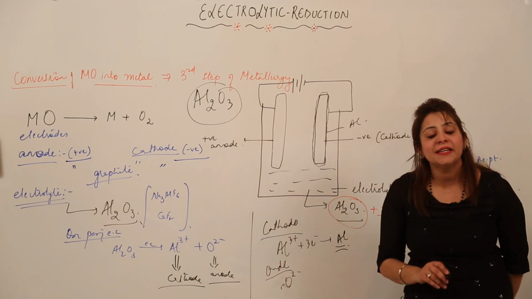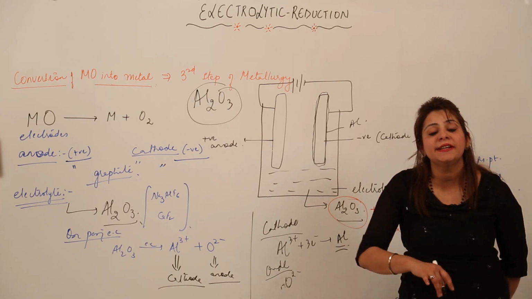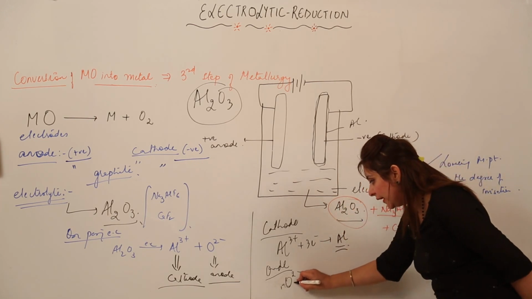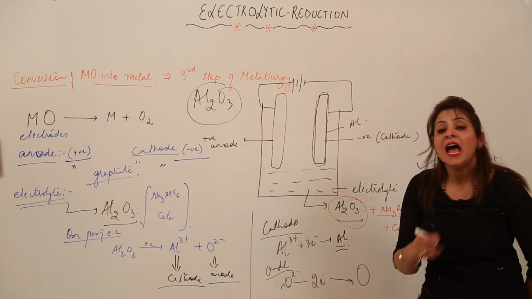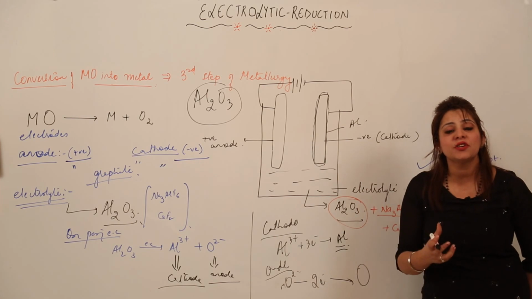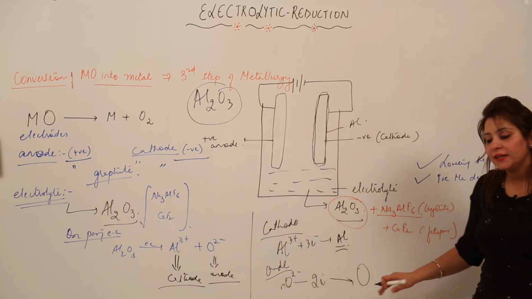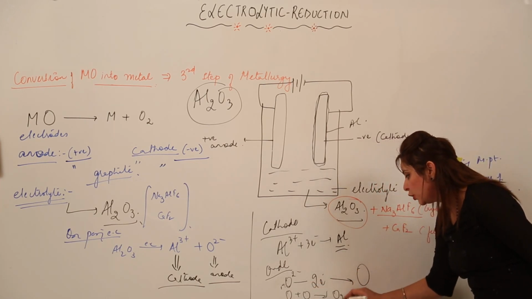O2- means it has already gained 2 electrons. So what will it do? It will give back those electrons which it has already taken. So I am just writing minus 2 electrons and it forms O, right. As you know, O has a tendency to exist in nature in a diatomic form, that is O2, right. So that means 2 O atoms will combine and form a diatomic molecule,